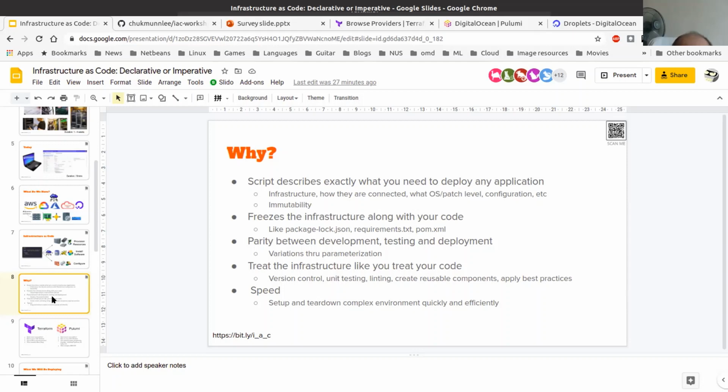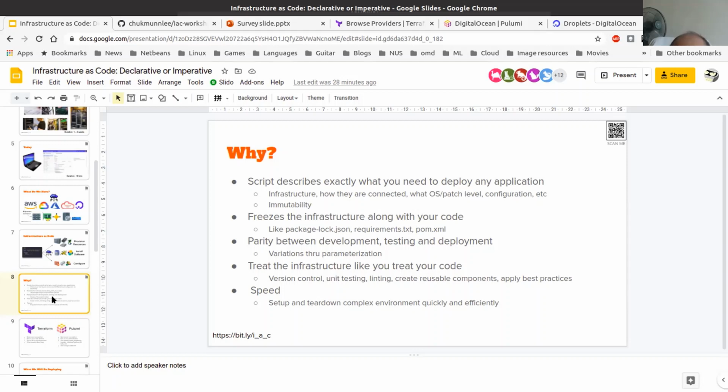Secondly, the script actually freezes your infrastructure along with your code. Now remember, the purpose of the infrastructure that you're provisioning is to support your code, your application.